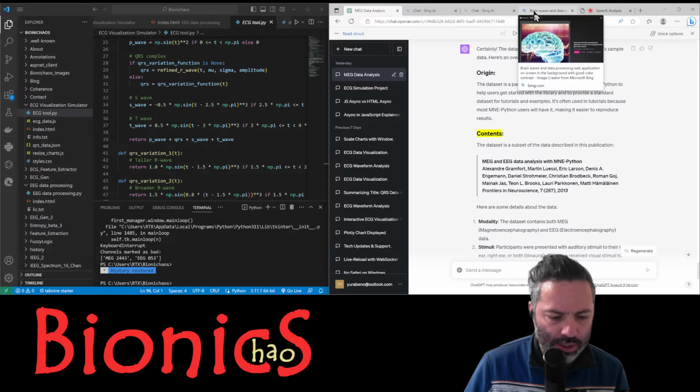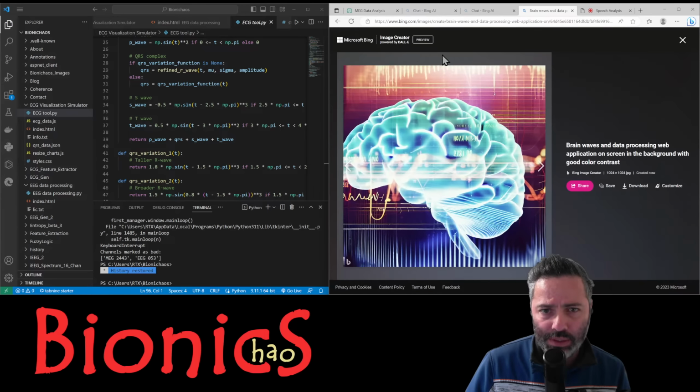So we have a bunch more. By the way, I was trying to use this DALL-E. It's now embedded into Bing for generating images. Yeah, it's pretty bad. The images it's